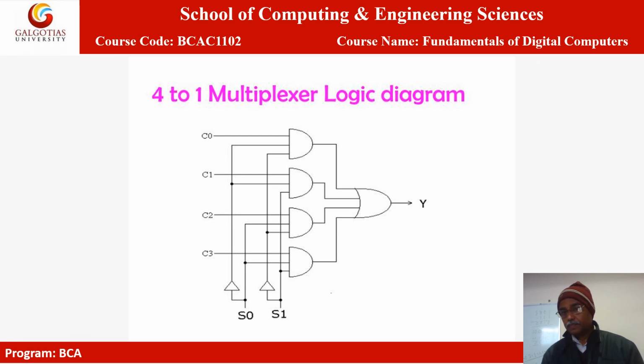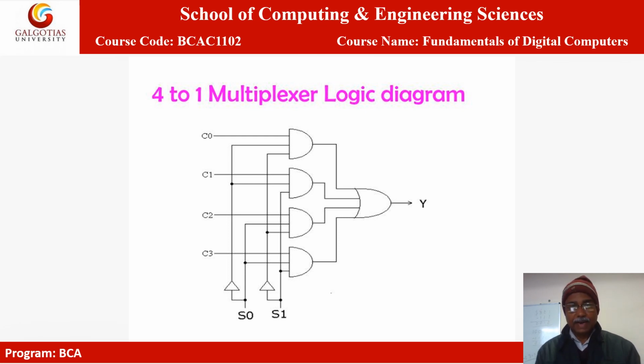Okay? And look here, this is the OR gate. In the OR gate, we will have input 1 from just C0, and from all the others we have 0 input. So 1 0 0 0, and we will get 1 here as Y, and that is from the C0 information.